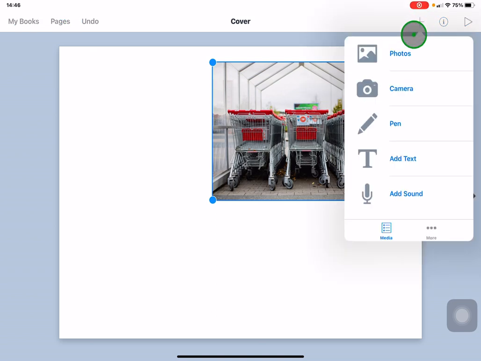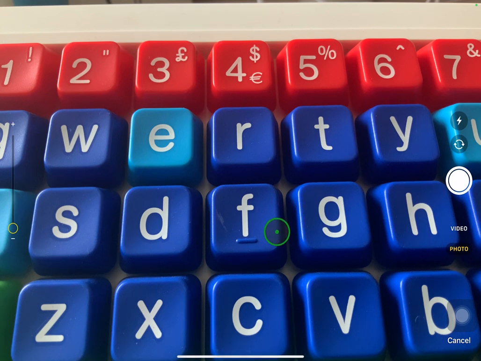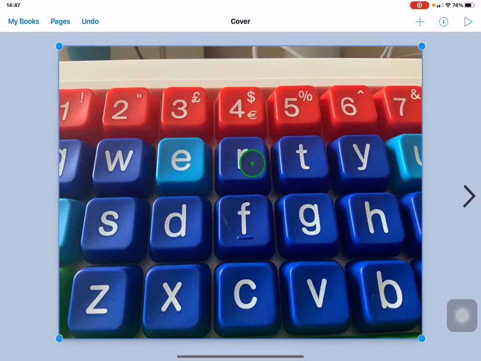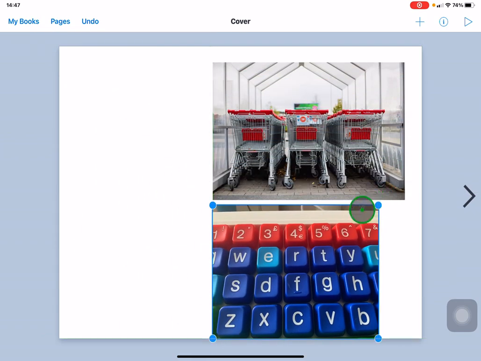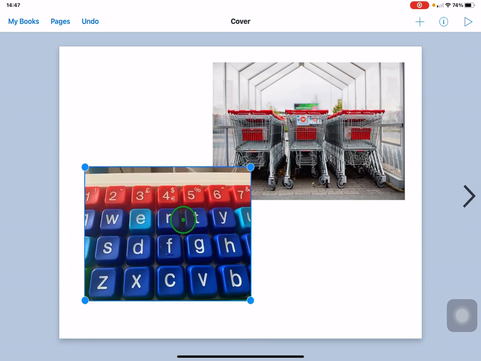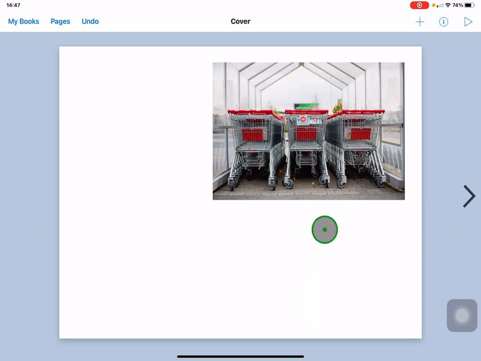I'm also going to show you how you can add a photo from your camera. It might ask permission if it can access the camera the first time you do this. I've got a keyboard behind my iPad, so if I added a photo I can either retake it or I can use that photo, and it fills the screen, but again I'll just have to drag at the edges to resize it, and then I can move it wherever I want. Now I don't actually want this in there at all, so when it's selected you go to the I button with a circle around it, and you can delete any content that you don't want to have on your book